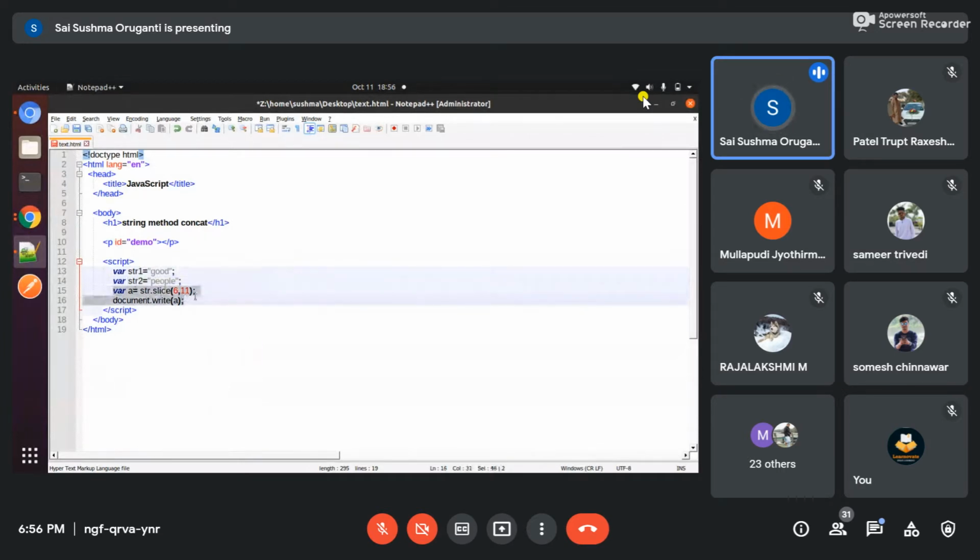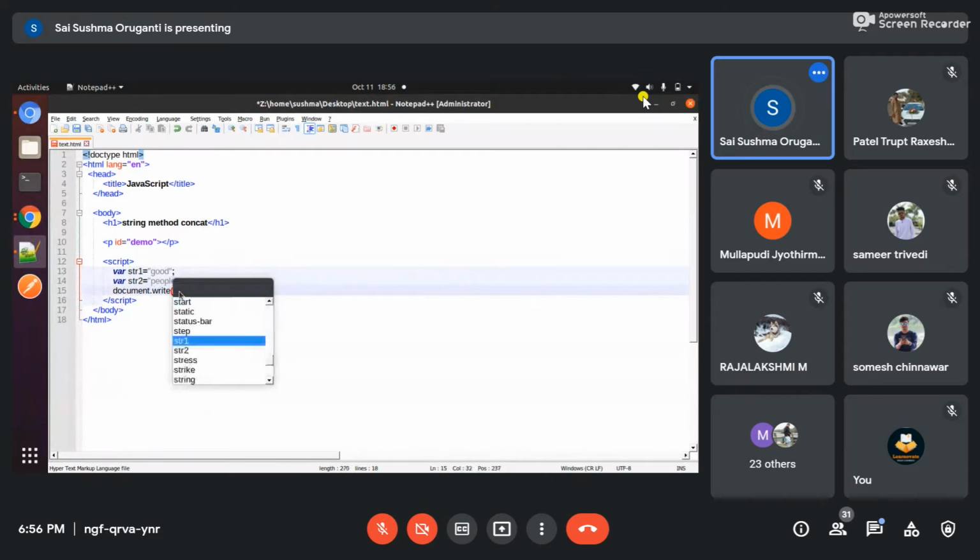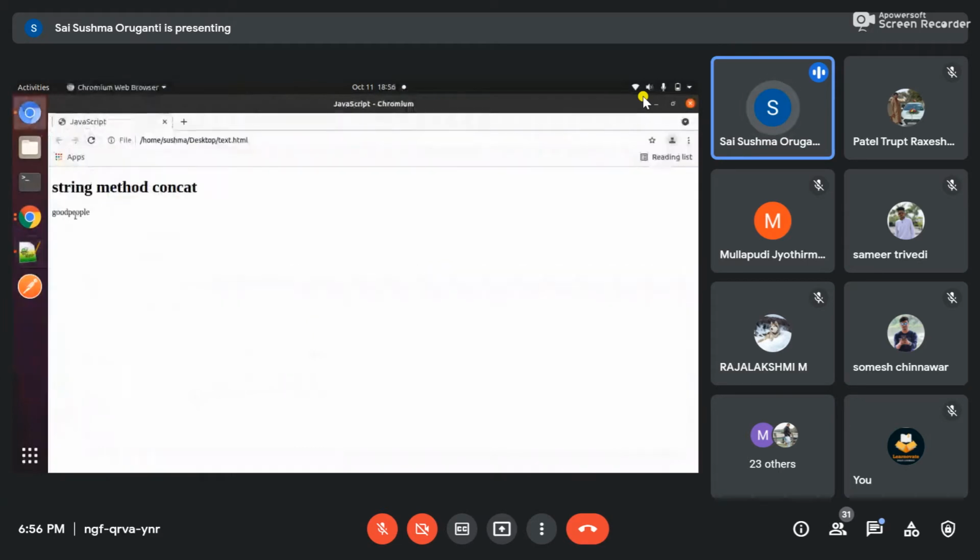We are just adding two strings and printing that directly. So document dot write. Write is nothing but print. We are printing str1 dot concat, we are concatenating, right? Concatenating means adding. In English also the definition is adding. So concatenating str2. We are adding str1 with str2, right? I will save it and run it. See, good good people. It has added the strings.